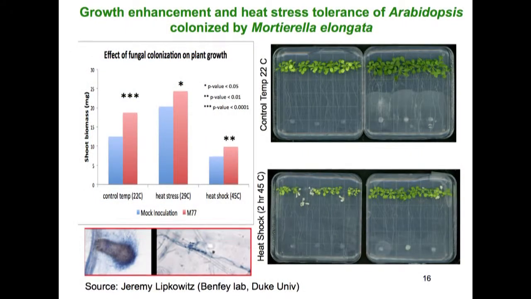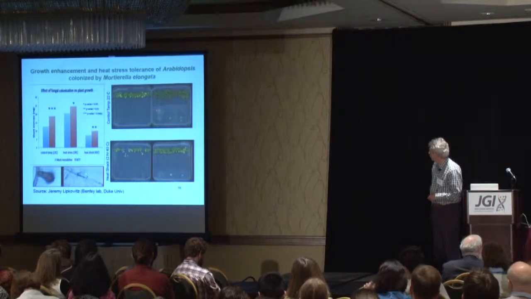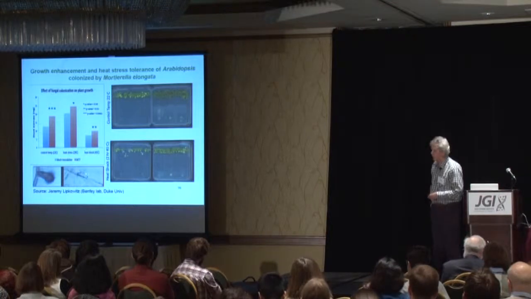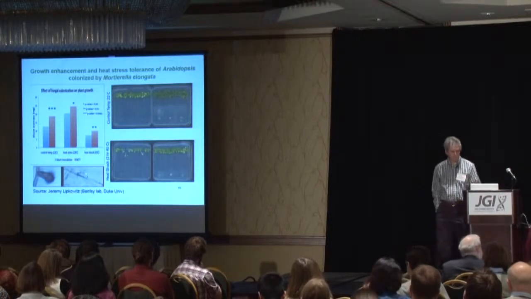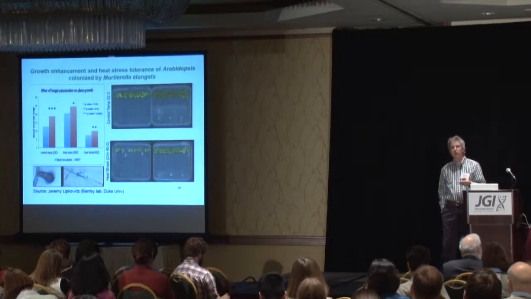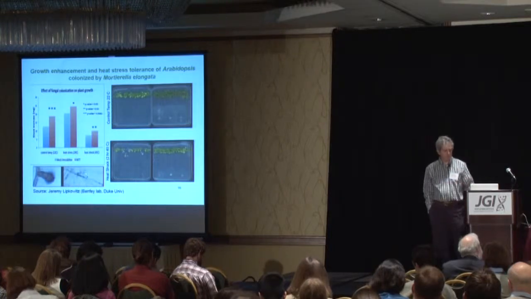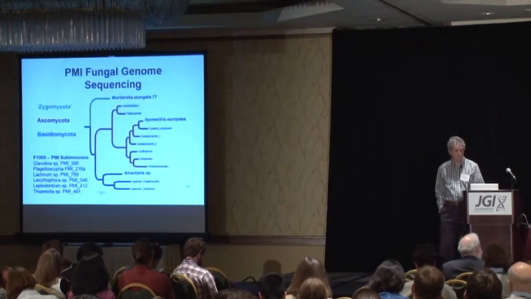And if anybody here is working on Arabidopsis, and I know there are, we've also put some of these strains onto Arabidopsis roots. And with Mortierella, you can see here that the fungus actually migrates to the roots of the seedlings and aggregates around those roots and stimulates growth. And in the case of Arabidopsis, it not only stimulates growth, but also increases the plant's ability to respond to stress.